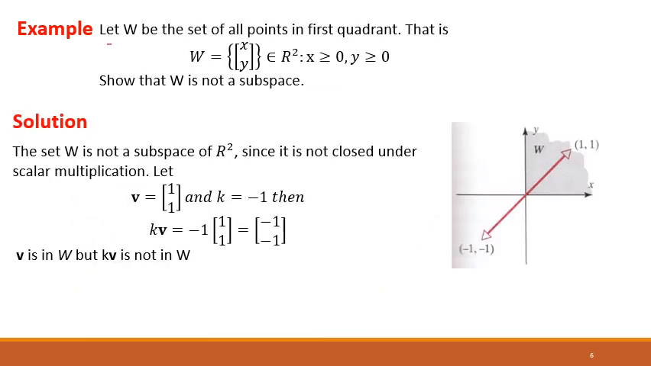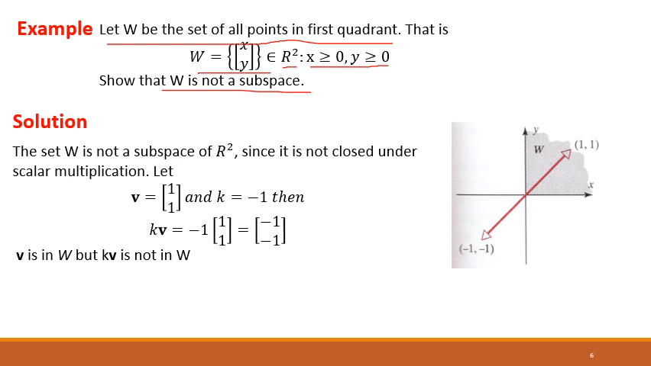Example: let W be the set of all points in the first quadrant, that is W belongs to R2, and as it is in the first quadrant, both x and y should be greater than or equal to 0. Our task is to show that W is not a subspace. When we check all three properties of a subspace, property A will be satisfied, which is that W should